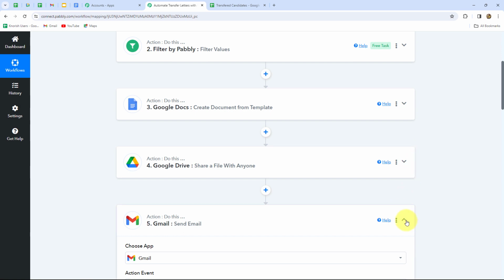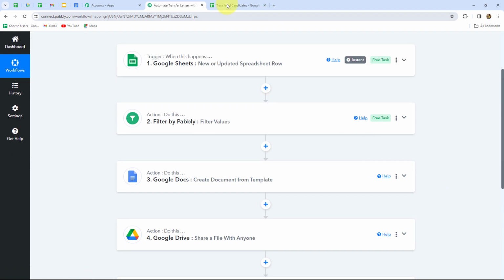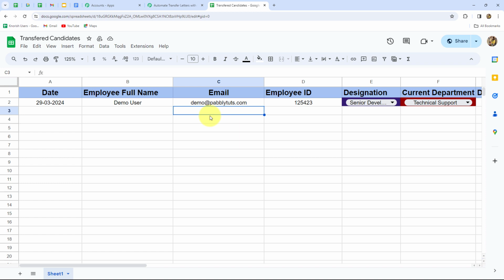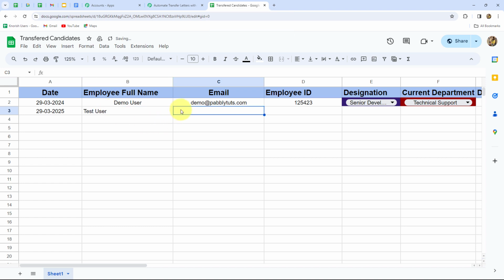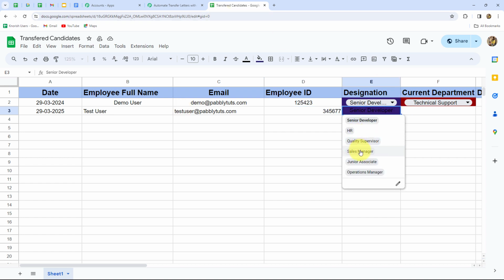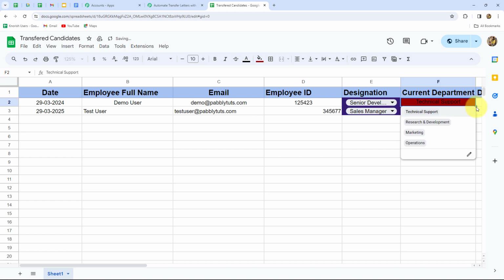So now let's check this workflow whether it is working correctly or not. So I'm going to go back towards Google Sheets. Here I'm going to add another row with all new details. Let's start with the date. Let's say the date is same. This time let's say the name of the employee is test user. I'm going to enter a random email. Employee ID, okay. Designation, let's say the current designation of this employee is sales manager and the department is,